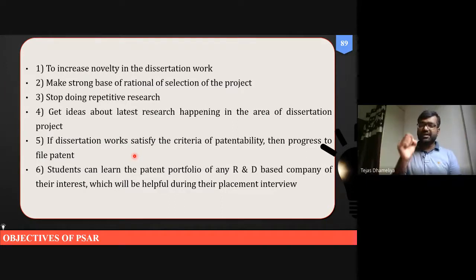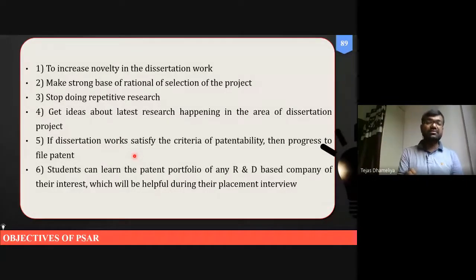So that is my urge to all of you, whatever research project you pick up, at least try to see the scope of filing the patent. आप उसमें देखो कि हाँ ये जो काम मैंने अपने हाथों में लिया है, whatever I am going to do in semester 3 and 4, is it really applicable to file the patent?